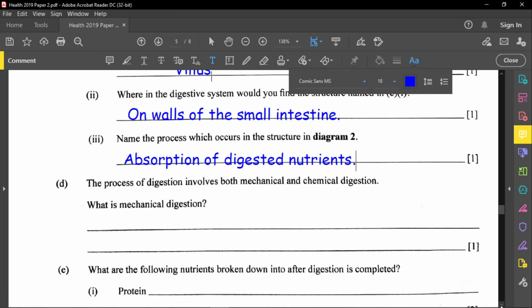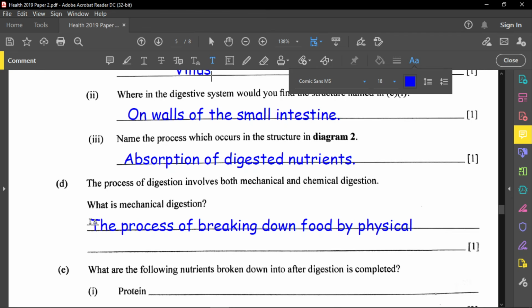Now, part D is that the process of digestion involves both mechanical and chemical digestion. What is mechanical digestion? And this is the process which I mentioned up top when I talk about teeth. I said it's a process of breaking down food by physical means. Okay, so it must be a physical means, such as chewing